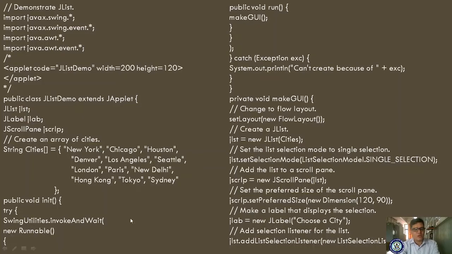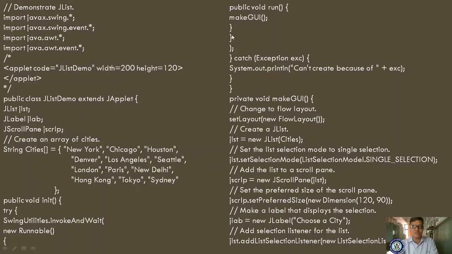Here you pass the argument as new Runnable, and here you are starting. These are the built-in methods. By using these built-in methods, you are calling the thread to run. Public void run method, and in the public void run method, you are calling makeGUI. This is the method you are calling. It is a graphical user interface that we have to define. So we are calling this, and here this method will end, and here this parameter will close. Please observe here, this is a very important topic.